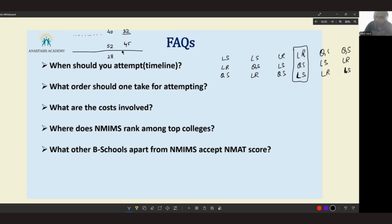Now, this is not just true for me. This could be true for other people as well. So I prefer to keep the language skills section right at the end, because for me, out of the three sections, the language skills section is the easiest. I personally prefer the English section in any exam. English section I prefer. And out of the three, I dislike